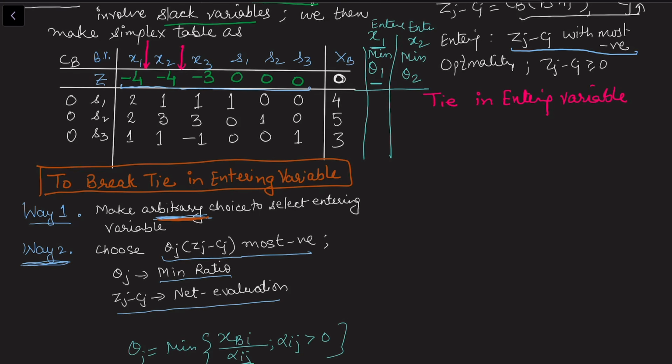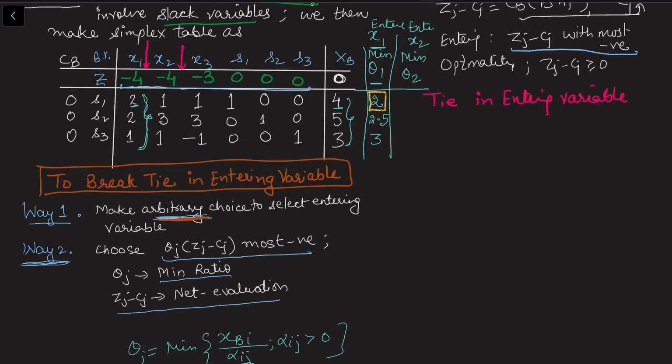Now these are the scalars that we have written here. So if x1 is the entering variable, among these scalars, I want to check the ratio with xb. So this is 4 upon 2, that's giving me 2, 5 upon 2, this is 2.5, 3 upon 1, this is 3. And according to this, the minimum ratio will correspond to 2.